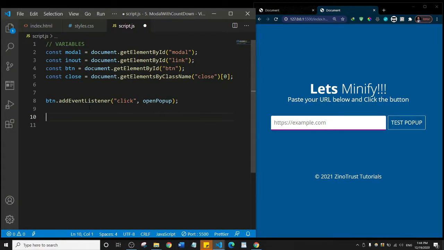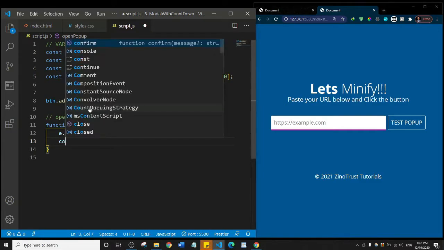So I would say, I'll say open pop up function, and then I'm going to say function openPopUp. Let's give it an e parameter, and let's just say e dot, I wonder why my code editor is not helping me out with the auto completion, just making me suffer, right? Okay, so basically when you click on the button, let's just do console.log